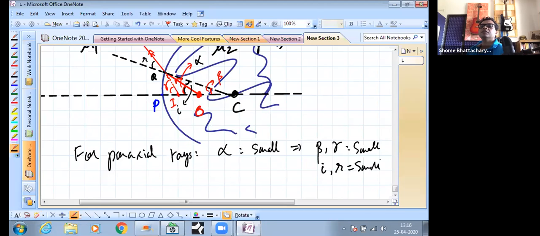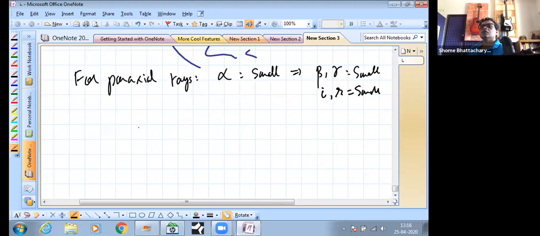But even before this, we have Snell's law, that is mu1 sine r is equal to mu2 sine I. Remember, here it is from glass to air. The refraction is from glass to air, so mu2 is the index of refraction on the incident side, mu1 is on the refracted side. So the moment we have these small angles, now we can say that mu1 r is approximately equal to